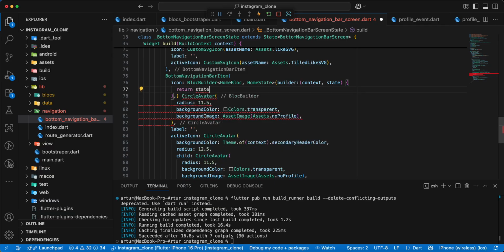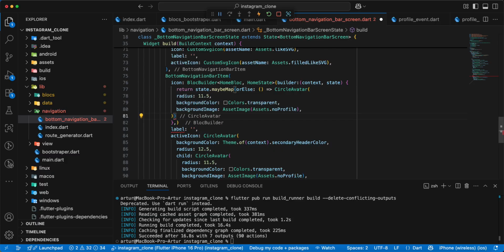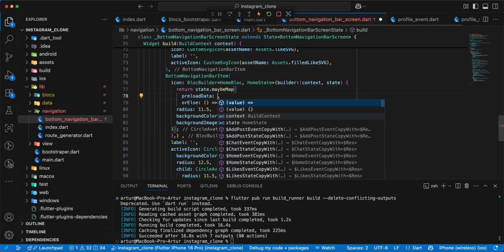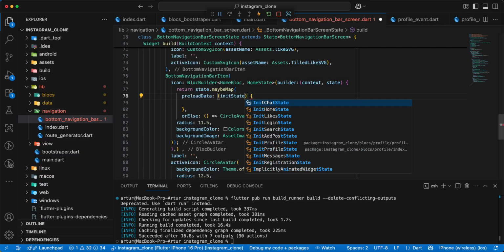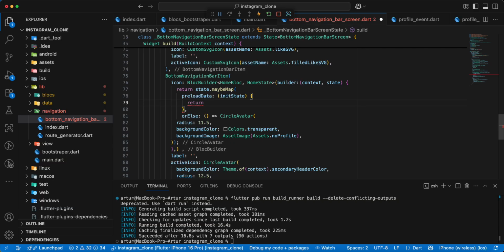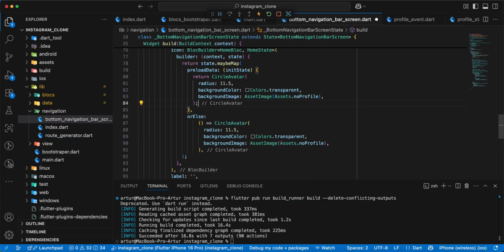write return state, maybe map, then we write preload data, write init state, write return, write init state,